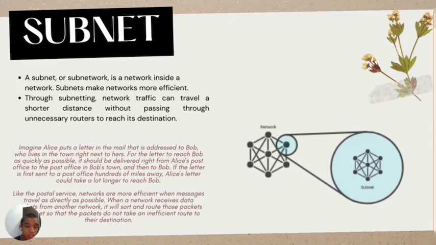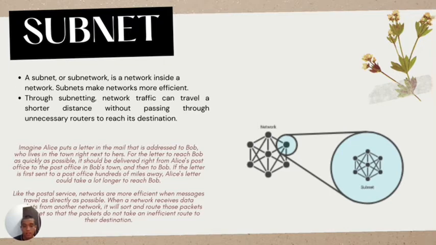Imagine Alice puts a letter in the mail that is addressed to Bob, who lives in the town right next to hers. For the letter to reach Bob as quickly as possible, it should be delivered right from Alice's post office to the post office in Bob's town, and then to Bob. If the letter is first sent to a post office hundreds of miles away, Alice's letter could take longer to reach Bob. Okay, contohnya, Alice ni duduk